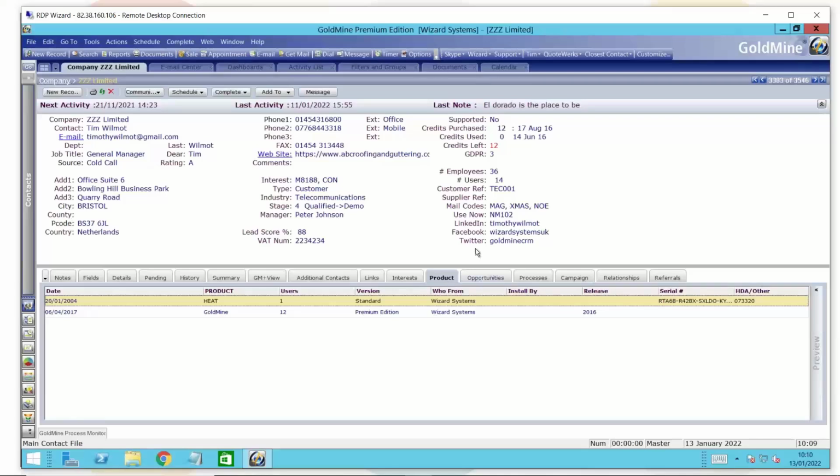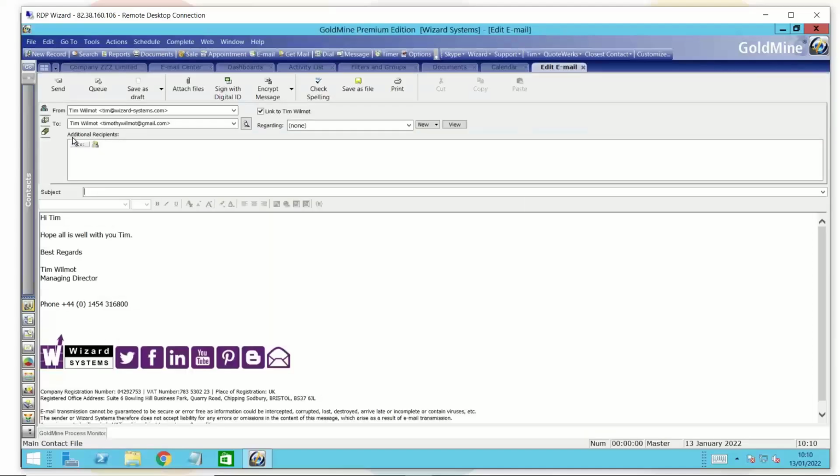Now, one of the other key differences of GoldMine to other CRM solutions is in emailing. GoldMine has its own email capability. There aren't many CRM solutions that have this feature. GoldMine can also link to a mailing system like Outlook and 365. That's all included. So if you want to manage all of your day-to-day emails through the Outlook integration, no problem. But if you're using GoldMine for email, then there's a very simple emailing system here